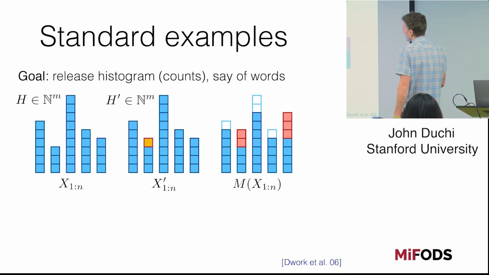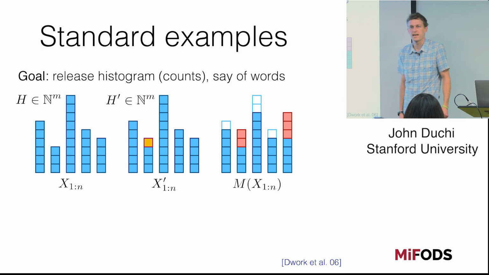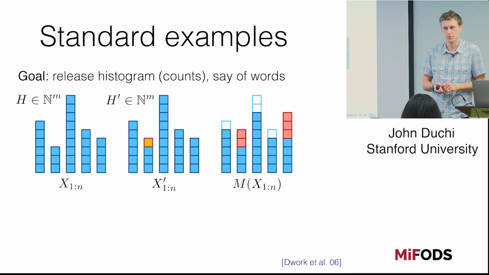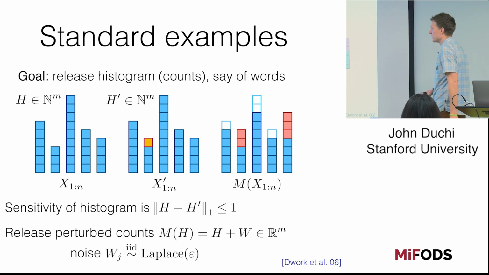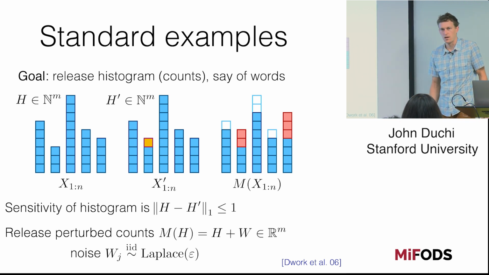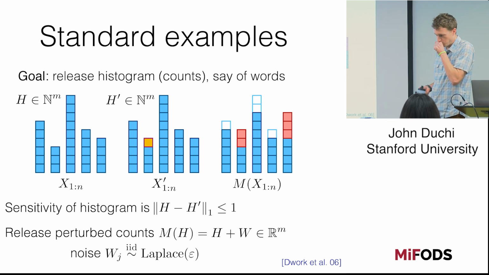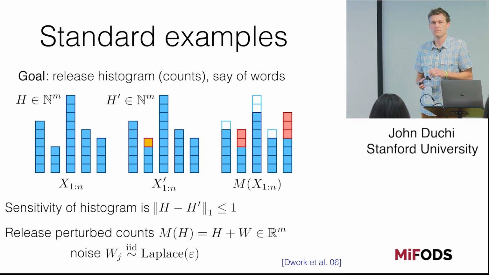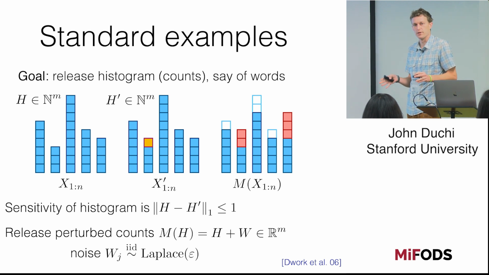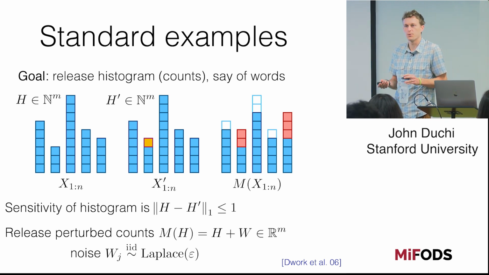And then what you're going to do is your mechanism is just going to add noise to each of the counts, which then the magnitude of the noise should be proportional to 1 or 2. Right? And so that's what you get. So you basically just release a bunch of perturbed counts. You take your histogram. You add a vector of Laplace noise. And that guarantees you differential privacy, for these counts. Right. So many of you may have seen this before, but this is kind of the standard story for how we do simple